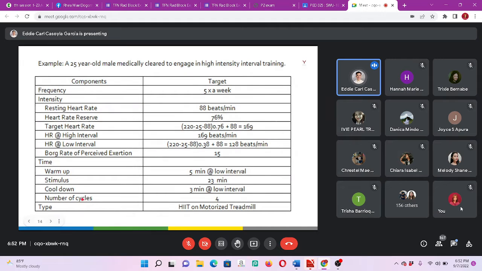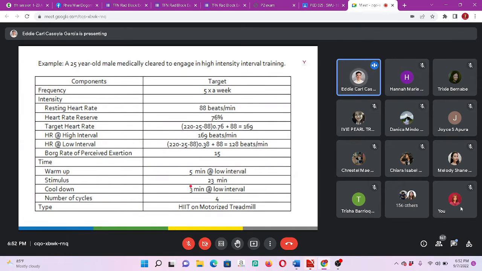Okay, and then if we continue to the cool down, 3 minutes cool down at low interval. So you need to copy cool down 3 minutes at low interval. So that's 8 minutes taken. So 30 minutes minus 8. Okay? So the total number of your stimulus is 22. Okay? So the total will be 30 minutes. Okay? And then for the number of cycles,